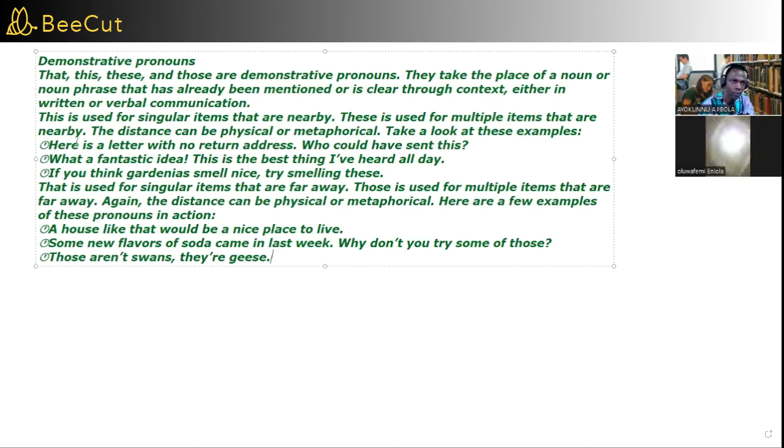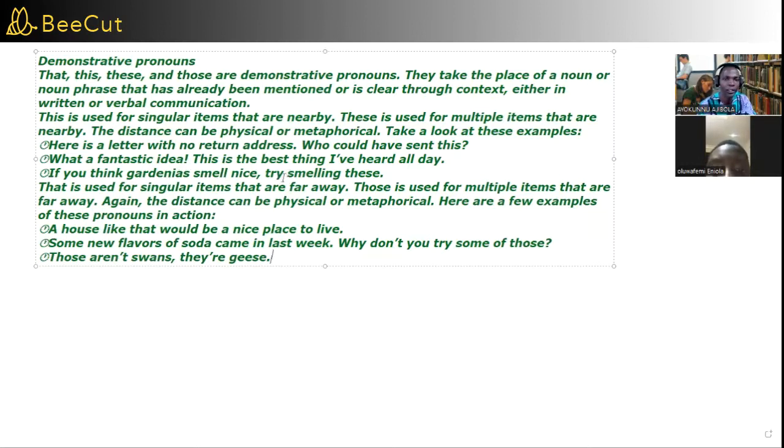So take a look at these examples and let's see. Here is a letter with no return address. Who could have sent it? With that, you can see that the letter is close to you, you're holding it. That's why you are wondering that there's no return address and you're like, who could have sent the letter to you? And the next one, if you think gardenias,